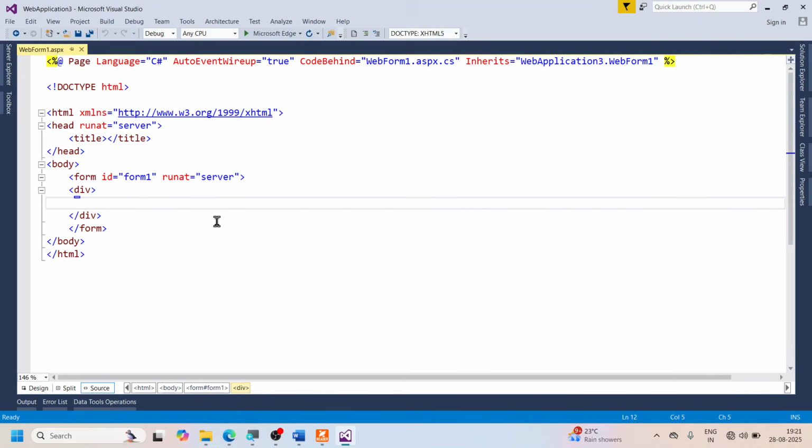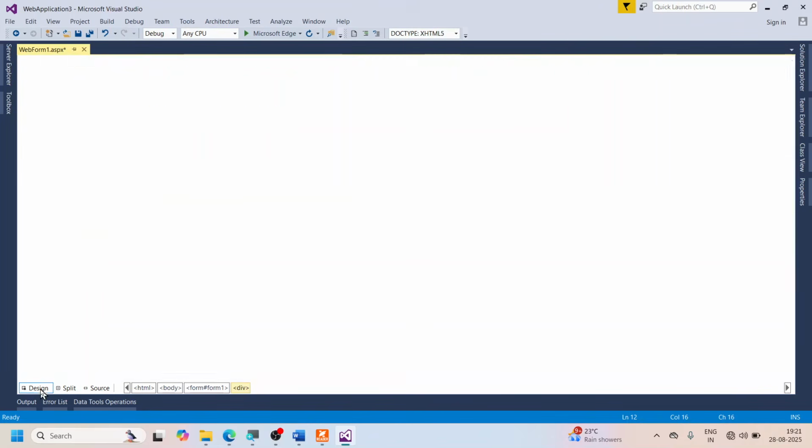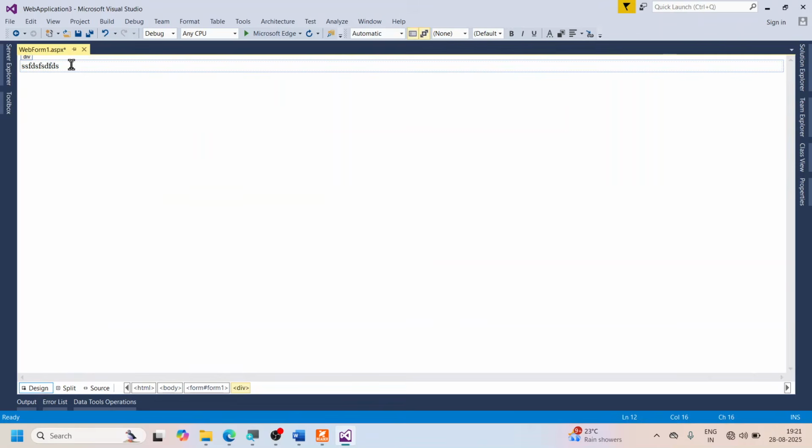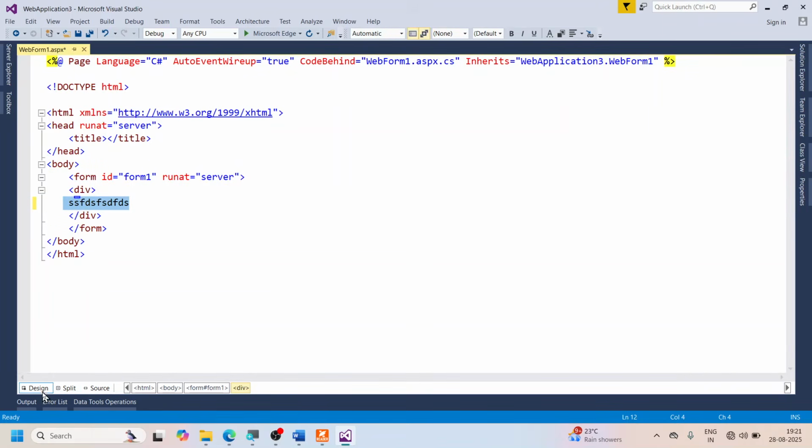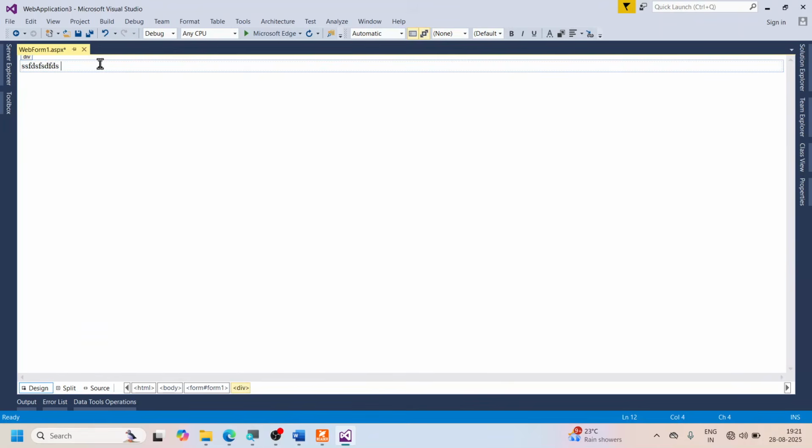If you are not very sure, just type something here so that you know that that is the position, that is the middle of it. Type anything there and just leave it, and then click on the design. So you notice that whatever I have written, that is the middle position. So you are there at the middle position. I'm going to just delete it. So when you are there at this position,